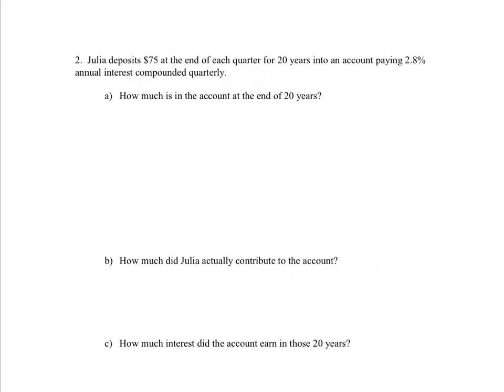Now, next question says Julia deposits $75 at the end of each quarter for 20 years. The account is paying 2.8% annual interest compounded quarterly. We want to know how much is in the account at the end of 20 years. So we're going to set our formula in place. Future value is equal to PMT times, this numerator is 1 plus R over M raised to the MT power minus 1. All of that is over